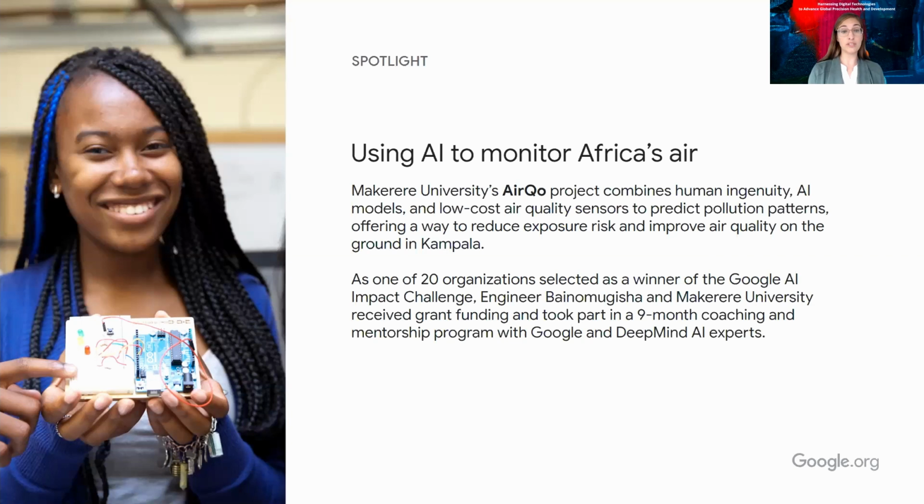And they're looking right now to think about how already it can be scaled to Nairobi. We've supported them obviously with funding and also AI expertise. But I think that one of the most interesting pieces of this project is actually that the implementation itself is really where the innovation lies. The low-cost sensors, the installation of those sensors on taxis, and then they're also working to engage the community around particularly high-risk spots of the city, and also in places where the data has not really shown to be predictive.